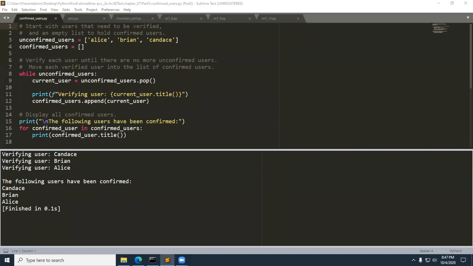Hello, students. Let's finish chapter 7, user input and while loops. Now, this is part 3. We're going to be drilling down on using a while loop with lists and dictionaries. So using a while loop with lists and dictionaries, the question is posed, why use a while loop with lists